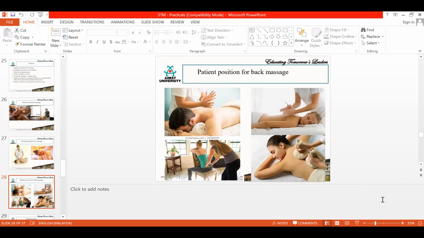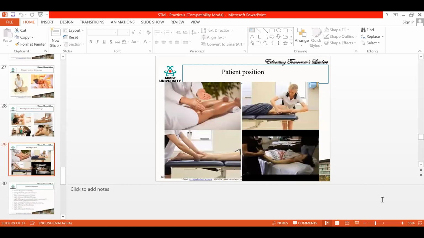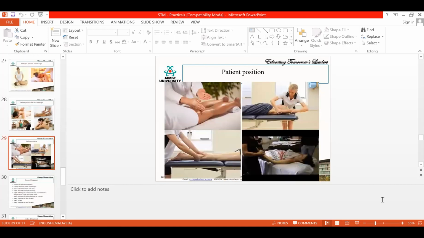except for pregnancy where we cannot go for prone lying. And if you see, the legs should be out of the couch. It should not be like this. The legs should be totally out of the couch, so that the person will be able to keep the whole lower limb relaxed. Is that clear? The leg should be totally at the edge of the couch.